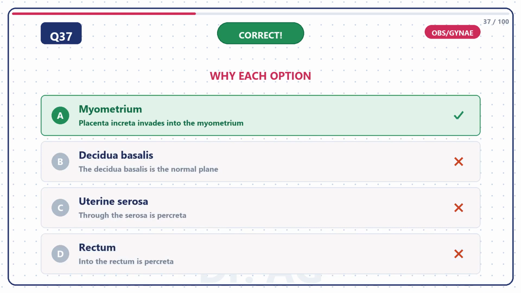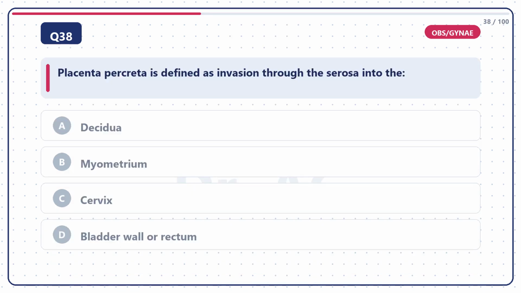Placenta increta invades into the myometrium. So, the right answer is option A, myometrium. Question 38. Placenta percreta is defined as invasion through the serosa into the: